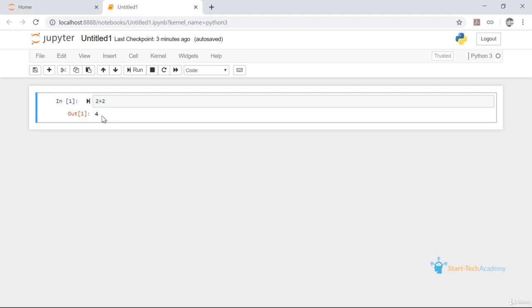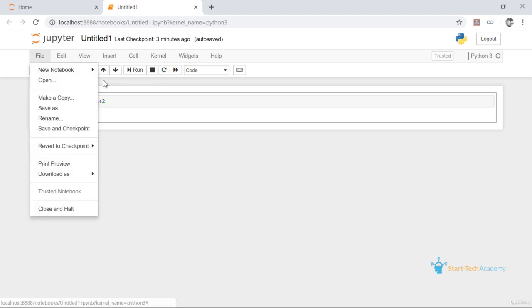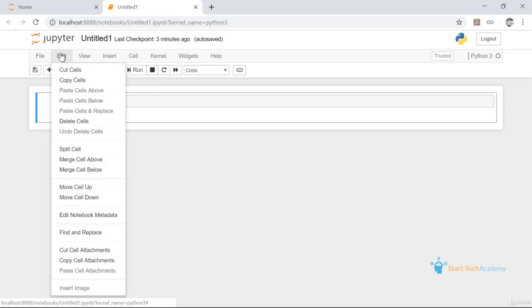On the top you can see different menu items. File contains general options like saving, printing or renaming. Edit contains cell related options like cut cell, copy cell, paste cell or delete cell.